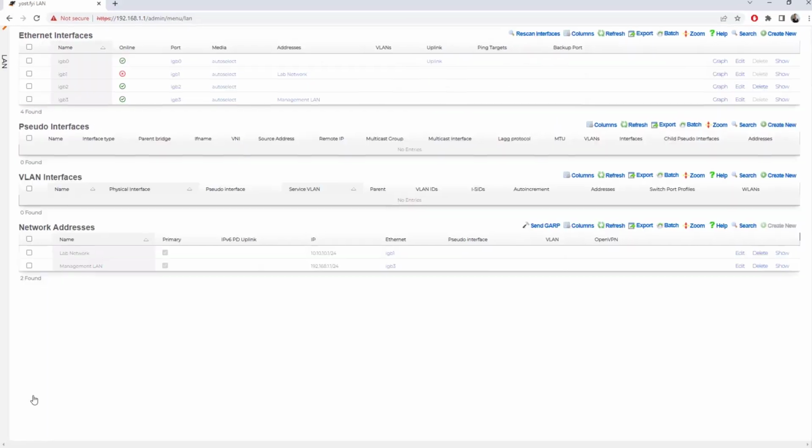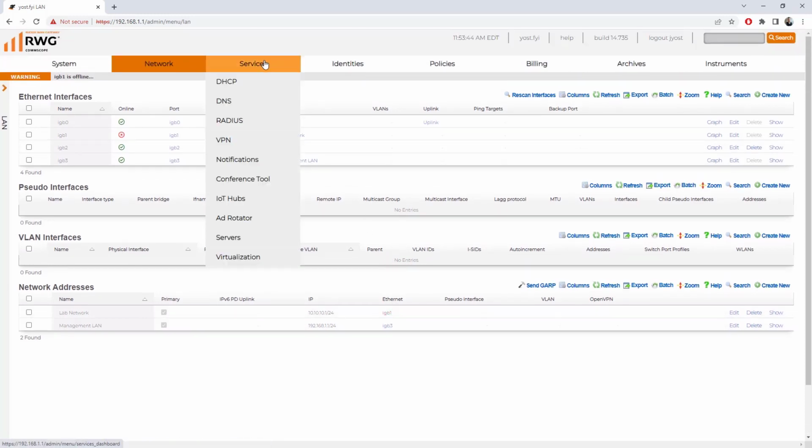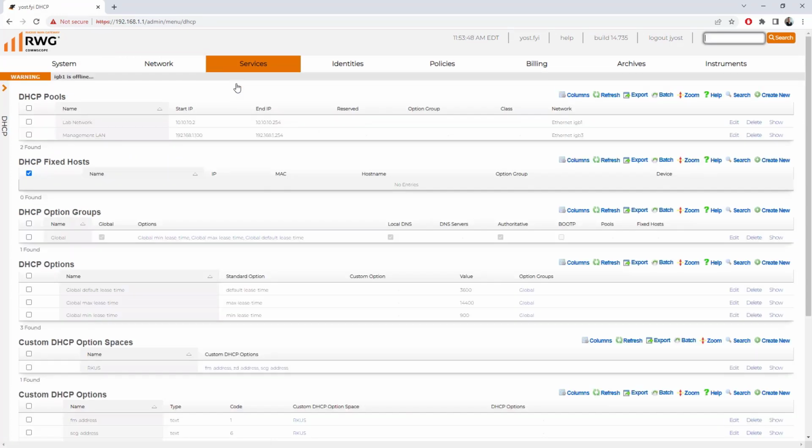So I'm going to go ahead and click create. And you can see that we've got that network address listed here. It is tied to IGB1. If we go under services DHCP, we should see a pool here for that lab network. And we do, and it starts with 10.10.10.2